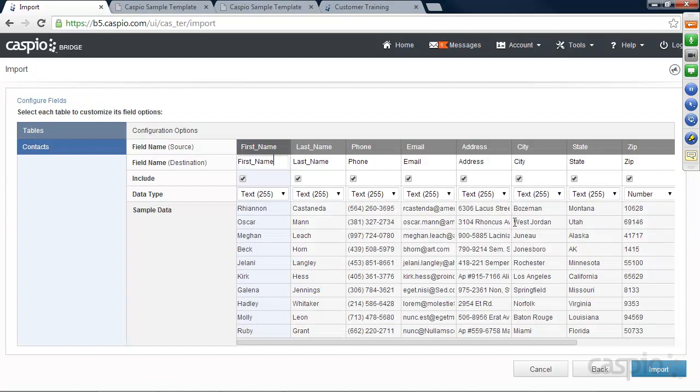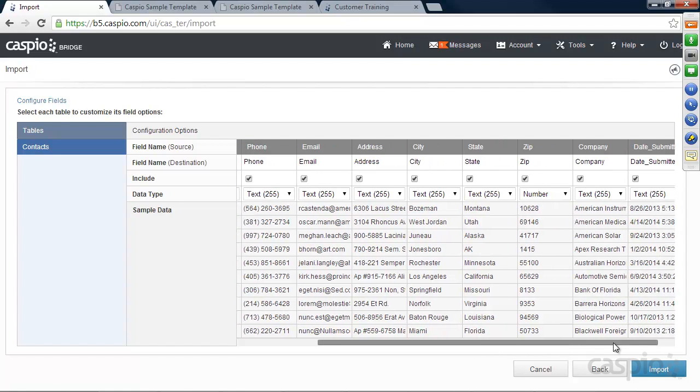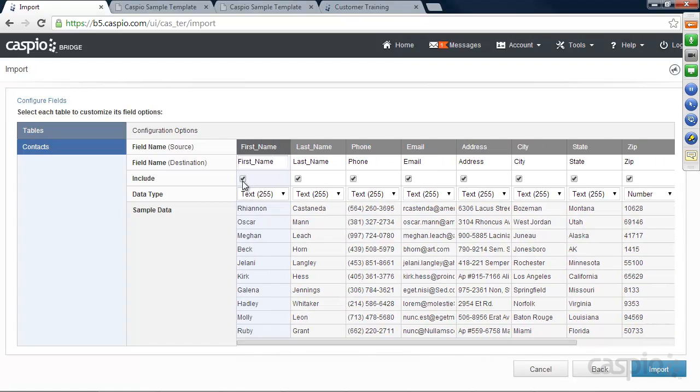And on this screen, Caspio will show you a sample of your database during the upload screen. So you can see a few records. You also have the ability to exclude the columns that you don't wish to upload by unchecking this box. From time to time, Caspio may make a mistake as far as the data type of that field. By default, you can see it's text 255, but if a certain column is a specific data type, you can change that directly in the upload wizard. Okay? You click on Import,